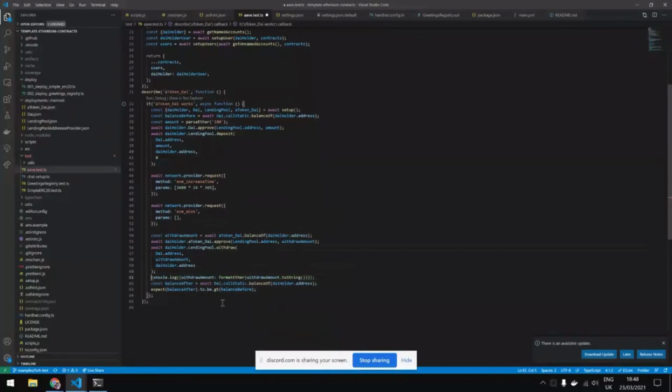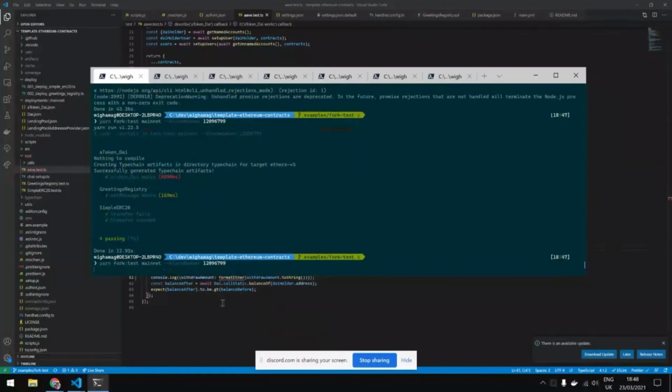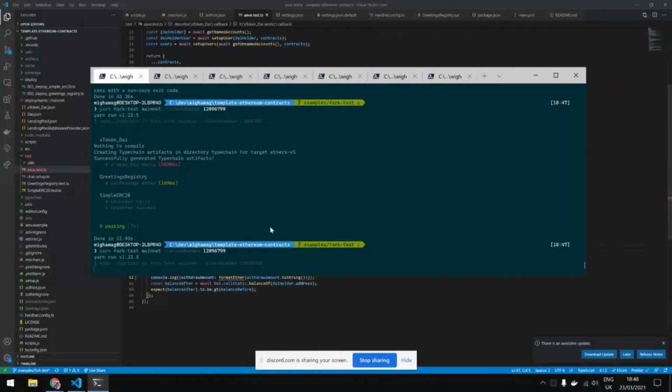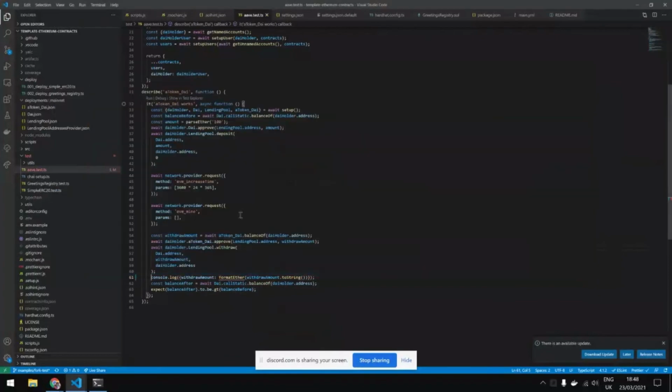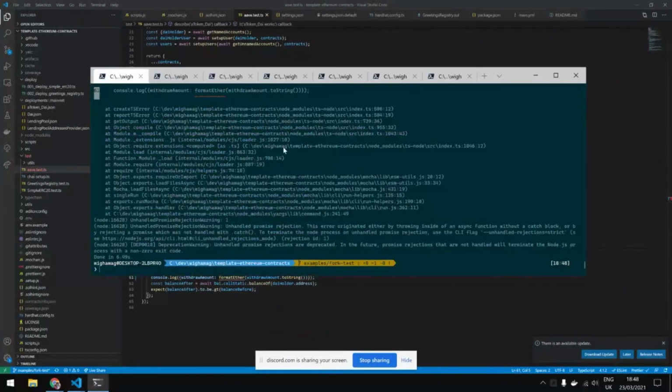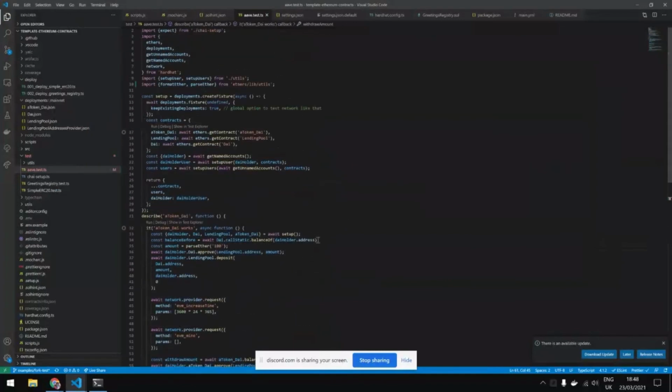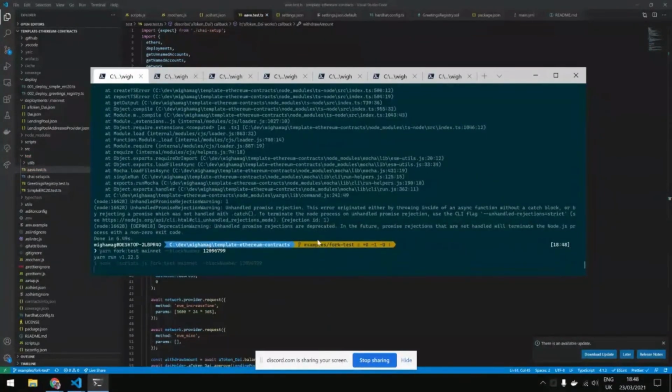We can also log how much I will get, with the value that I put, 100 DAI. Oops, formatEther, it's something I need to add. And it will tell me how much.